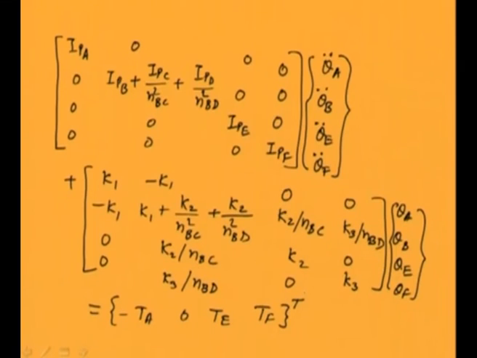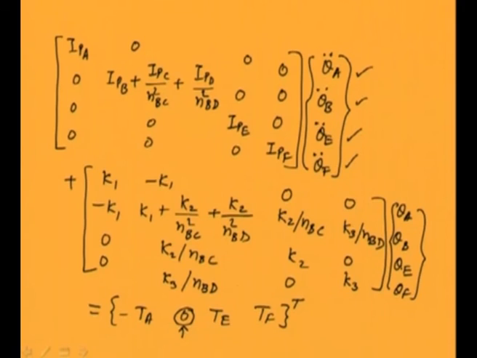Now after assembly, the equation will take this following form. Now here you can see that we have 4 displacements, that is at nodes A, B, E, D only. Now we can apply the boundary condition here, and especially you can see that this particular term of the torque gets cancelled totally, because when we assemble the matrices, those torques cancel each other.